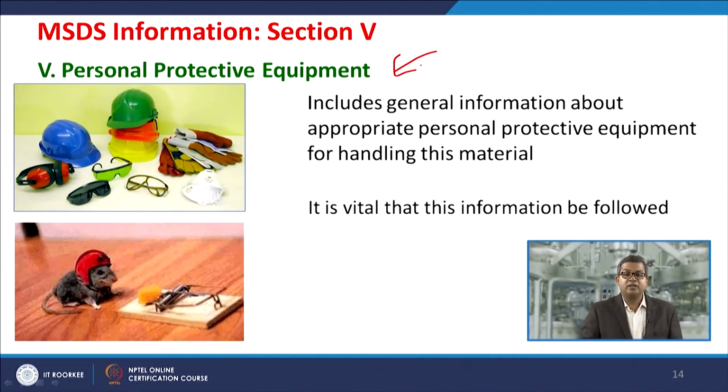So what kind of protective measures you need to adopt, both for the process as well as for the person, those who are working in and around that particular arena. So this section provides the information about the personal protective equipment. You can see that there are headgears, goggles, gloves, masks, etc. So you must be aware of all those, at what point of time and in what scenario you need what kind of personal protective equipment. This is by technical competency.